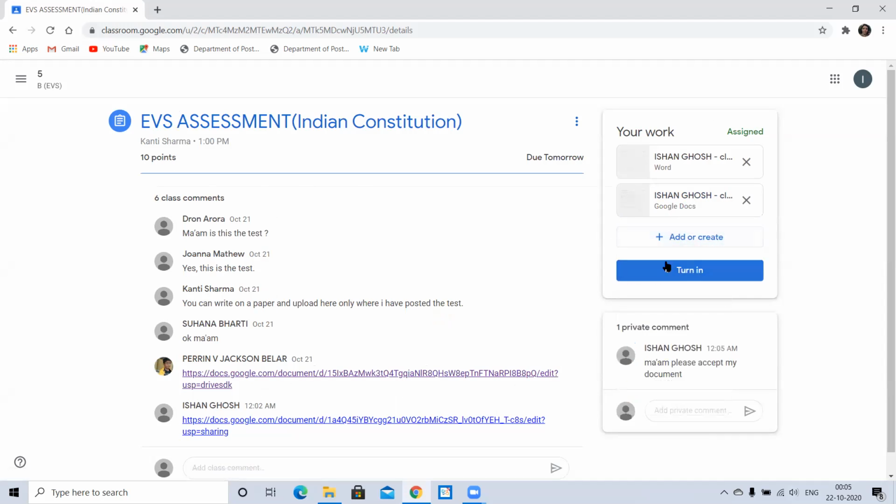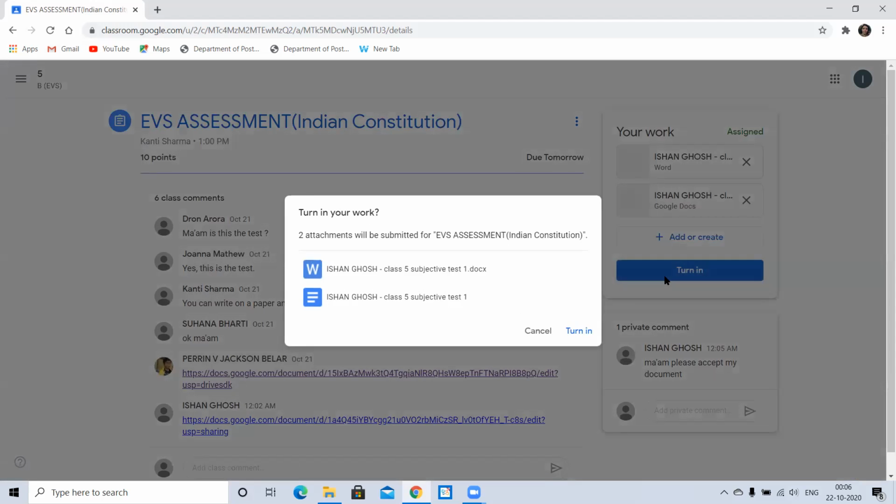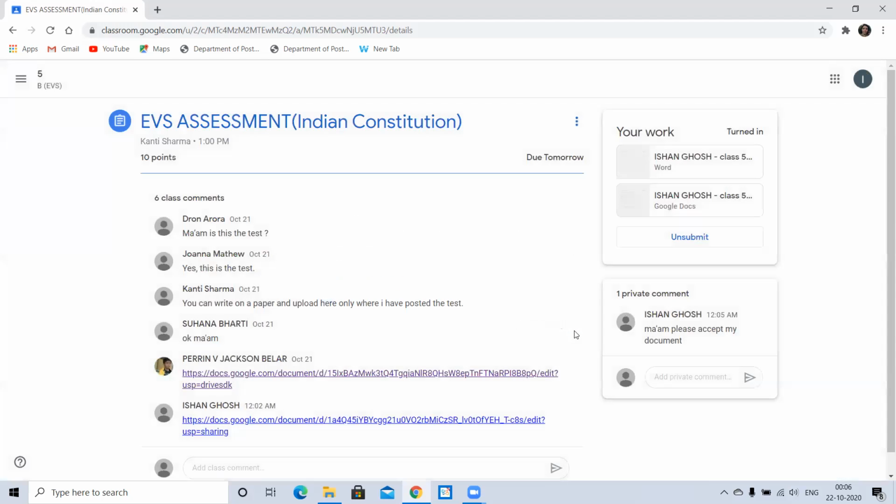After that what you can do is click on turn in, which tells the teacher that, okay, I had assigned it to 10 students and I can just see in one go 5 have turned in. So you just click on this. As of now 2 attachments will be saved because I have kept the original one also, and I'm attaching the new one also. And you just say turn in. So this goes as a reference to your teacher that yes, you have submitted your work. So this is the process by which you can submit the work being sent to you by your teacher.